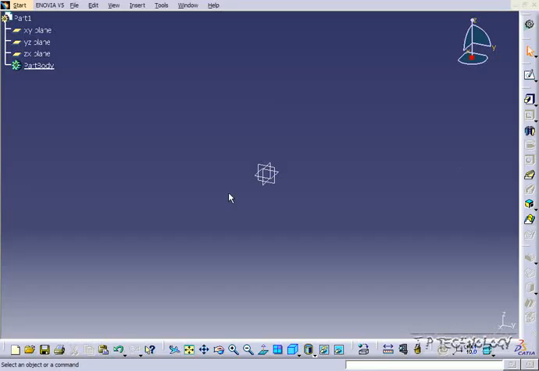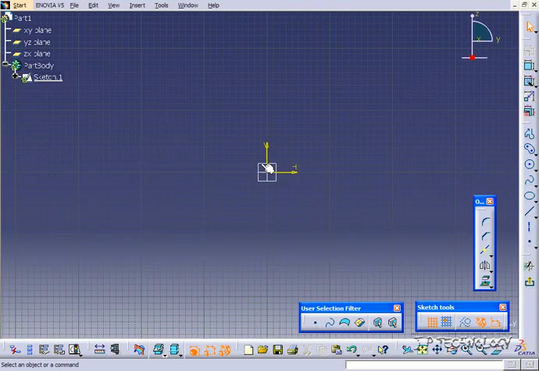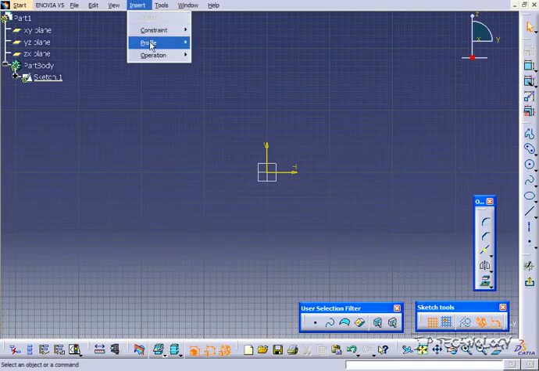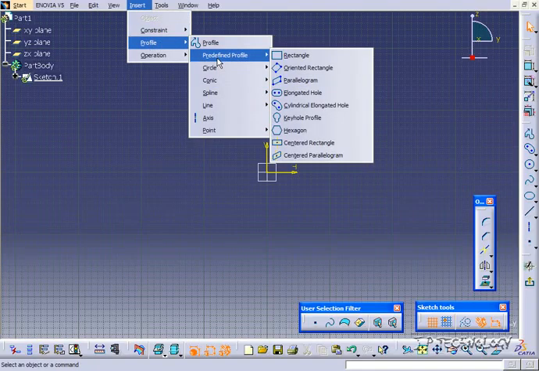This is tutorial number 27, and it covers the predefined profiles within Catia v5. To start off, open up a new Catia v5 part file, and once you've done that, let's go into the Sketcher workbench. So let's click Sketch and click any of the planes. Now the predefined profiles are, if you go in, you can click Insert, Profile, Predefined Profiles, and it's all of